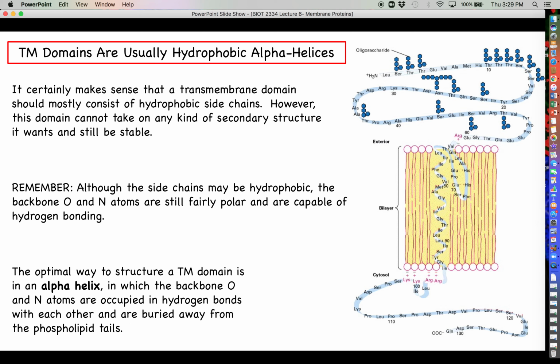So the optimal way to structure a transmembrane domain is as an alpha helix. That's one of the most common types of secondary structures that we've had a chance to talk about this semester. So if we form an alpha helix with our transmembrane domain, we should be able to work something out in which the backbone oxygen and nitrogen atoms that we were talking about can participate in hydrogen bonds with each other, and they end up buried in the center of the winding helical structure of the alpha helix, and they are hidden away from those phospholipid tails. Again, everyone seems to be happy here,